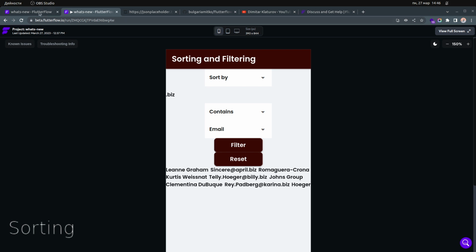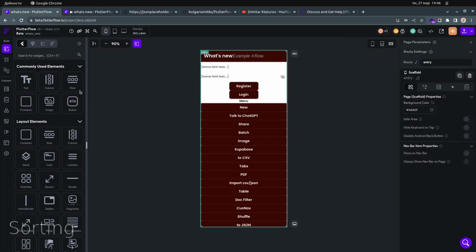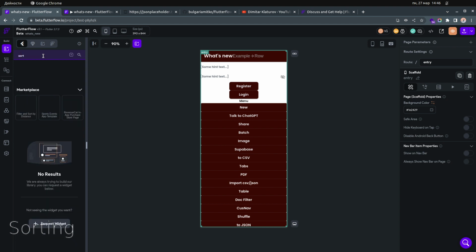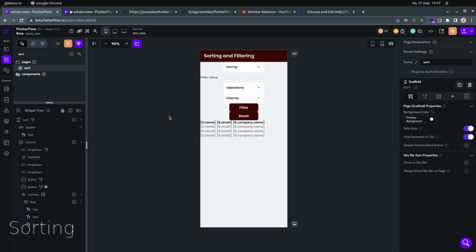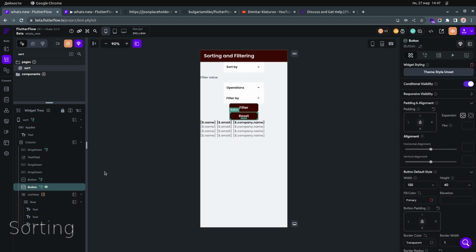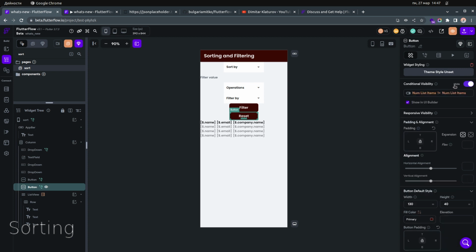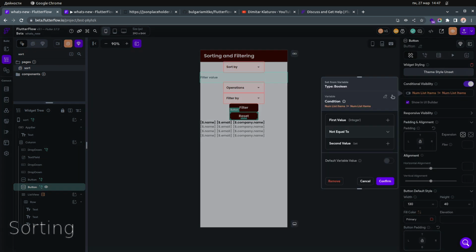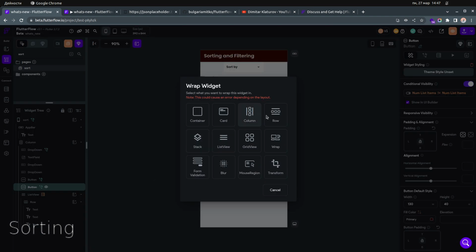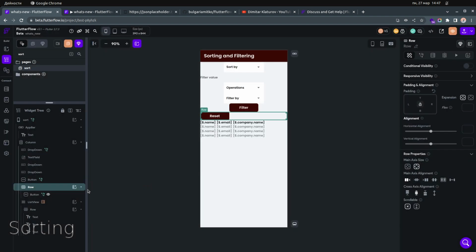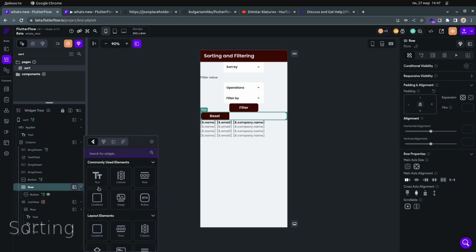And let's start with sorting. But before we actually start with sorting, let me show you how you can show the results as well. So if I go over here, first of all, let's copy the condition. Let's copy the condition. Then let's go back and wrap this inside a row, for example. And then in this row, we can have